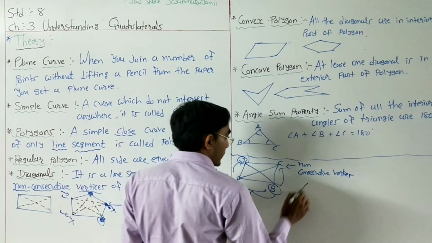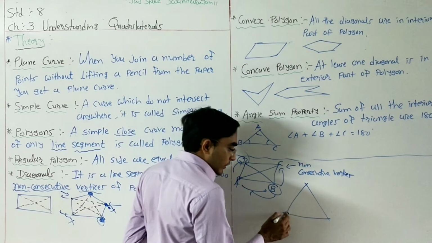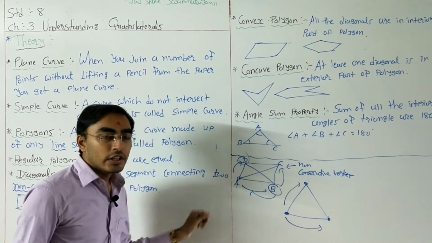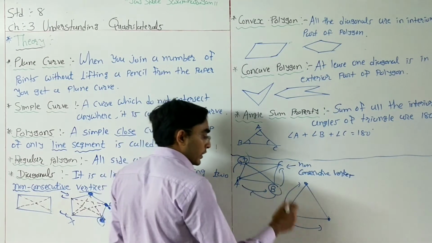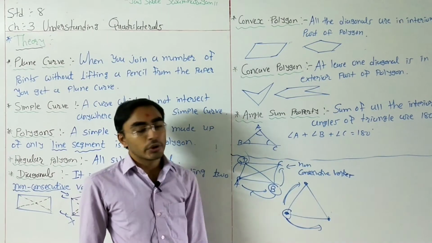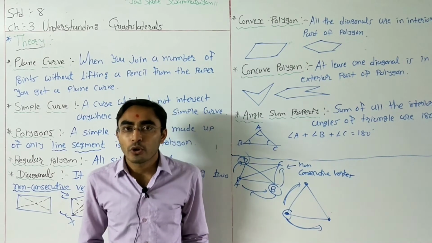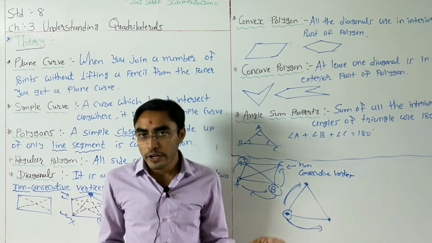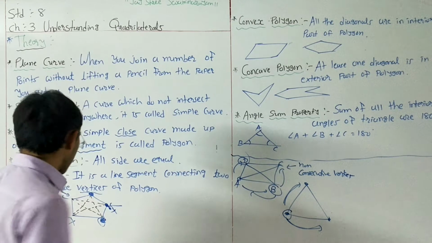If we talk about a triangle, this is also one type of polygon, right? If we consider this point, then these two are the consecutive vertices, so here we do not have any non-consecutive vertex. If we talk about this point, these two are the consecutive vertices, so again we do not have any non-consecutive vertex. So we cannot draw any diagonal here. That's why a triangle has no diagonals. We cannot draw any diagonals in a triangle.